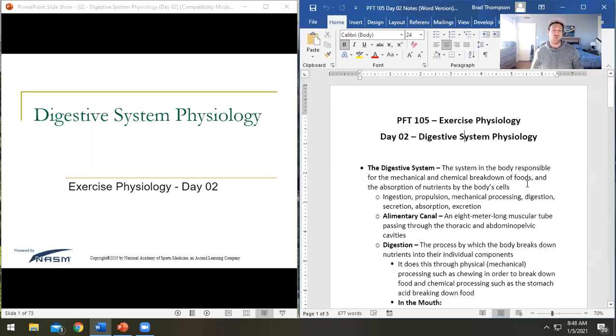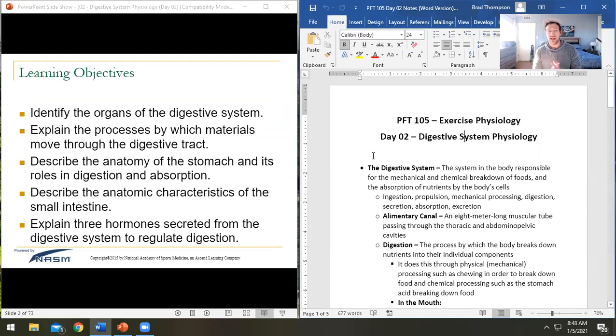All right. So, digestive system physiology, right? When we're looking at it, our goals today, we want to be able to identify the organs of our digestive system. So you do want to know a little bit about what each organ is and what they do, the process by which those materials are going to move through our digestive tract, the anatomy of our stomach and how our stomach works when it comes to digesting things, as well as our small intestine and large intestine,